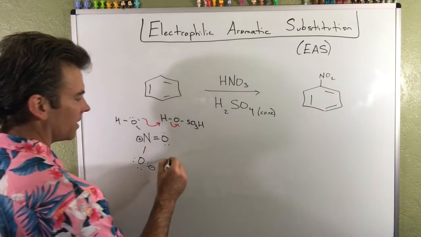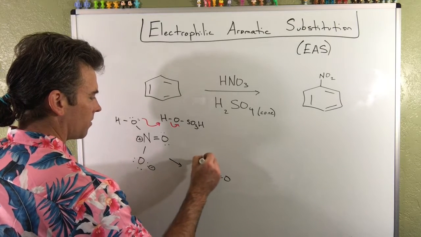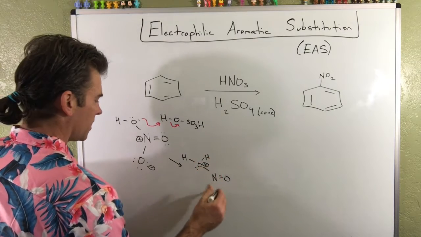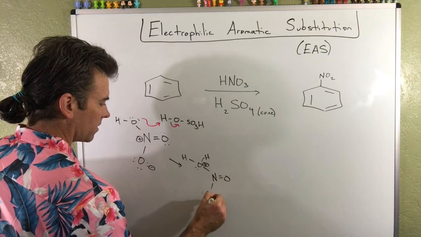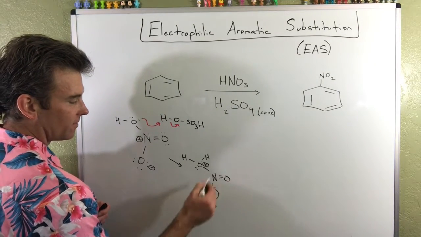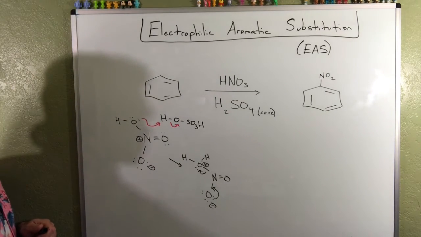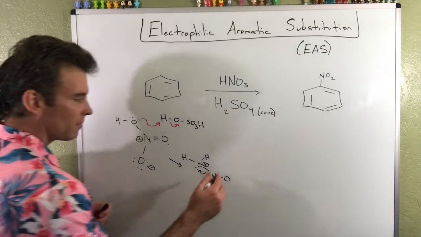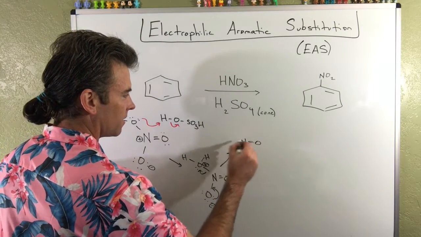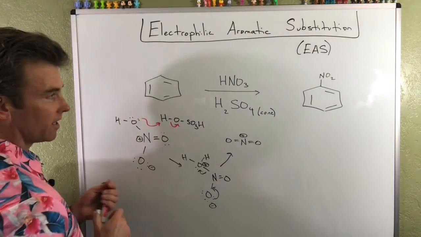And the species we at least initially end up with is our protonated nitric acid. And the second that this forms, it very quickly degrades into NO2, which I think is called the nitronium. I can't remember. But anyway, we have as a reactive species this very, very electrophilic intermediate right here